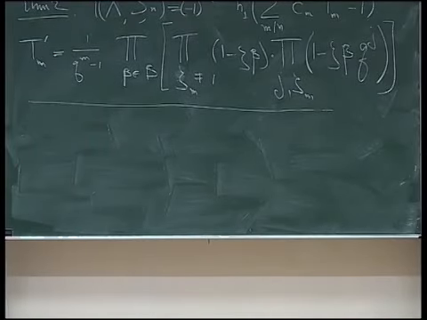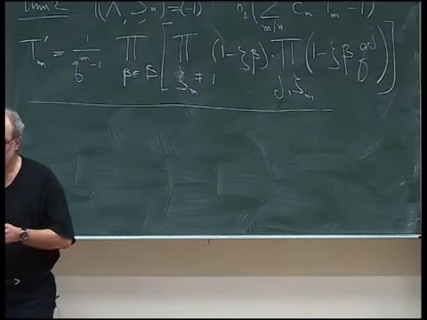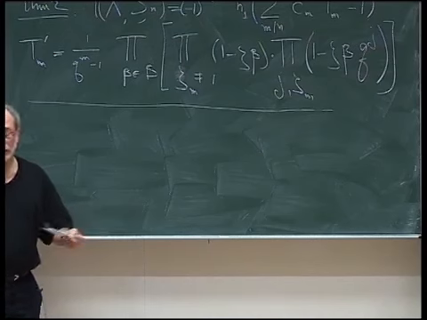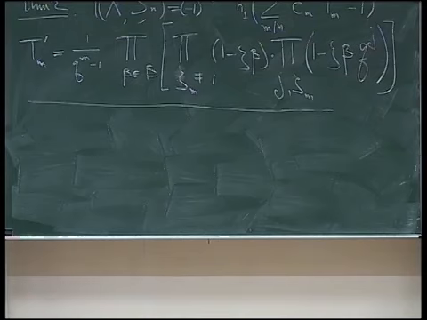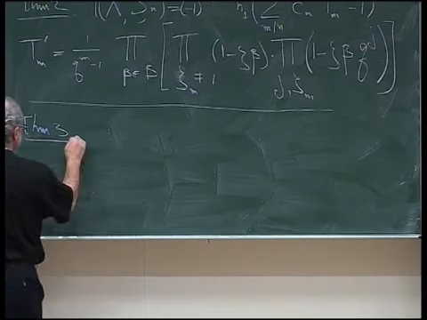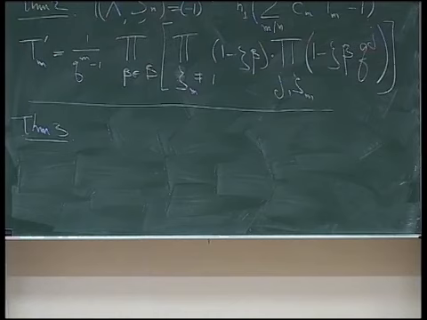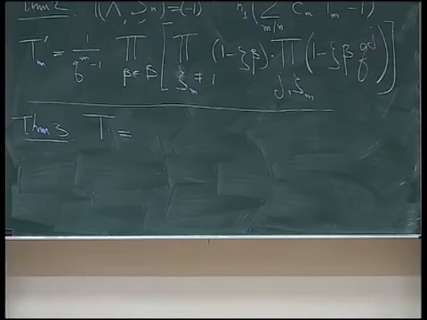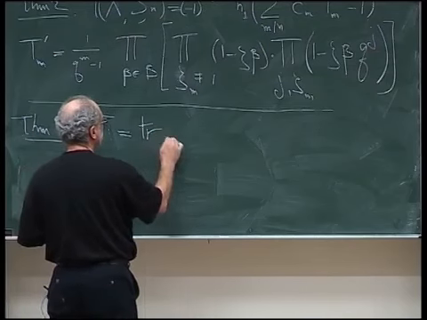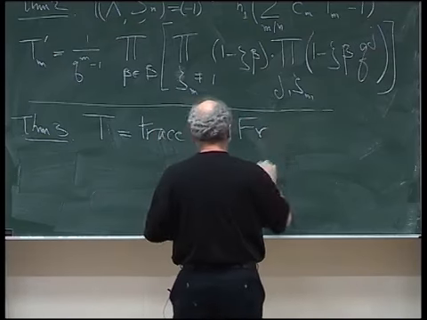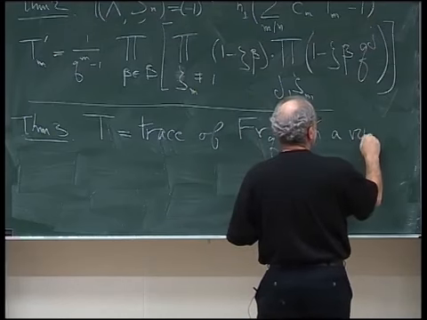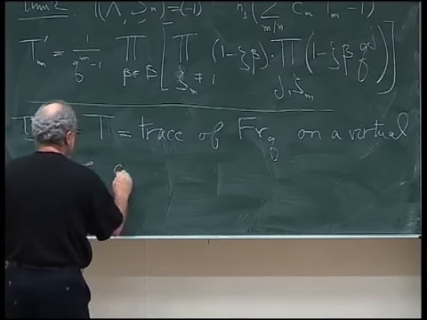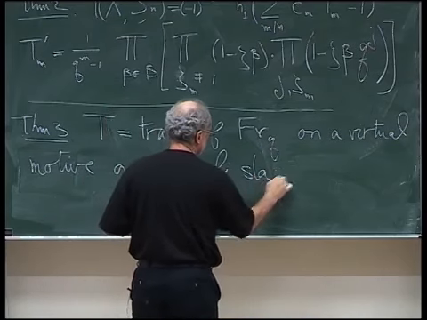One can restate, okay? Then we would have a third restatement of the same computation, yet again in a different language, and the statement will be that this number t, which I stated twice already, will be the trace of the Frobenius on a virtual motive on the moduli stack